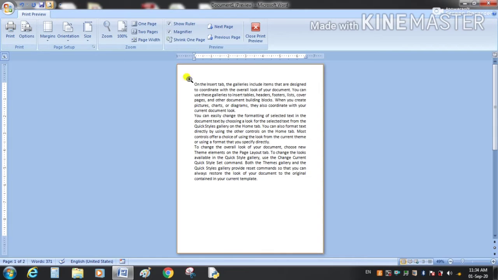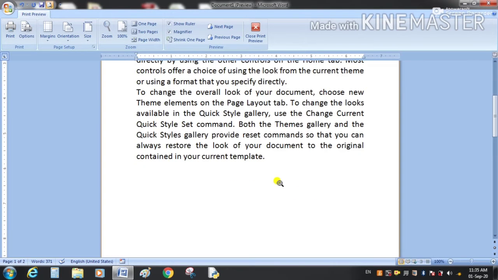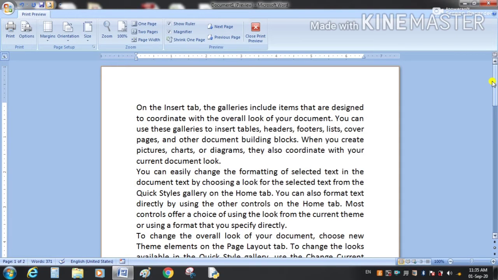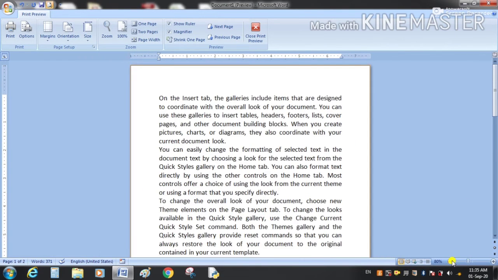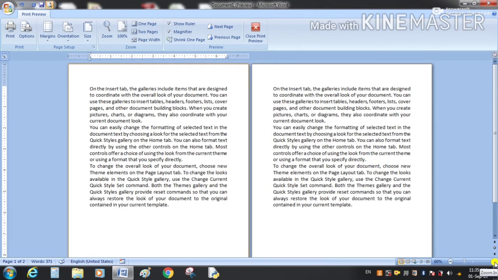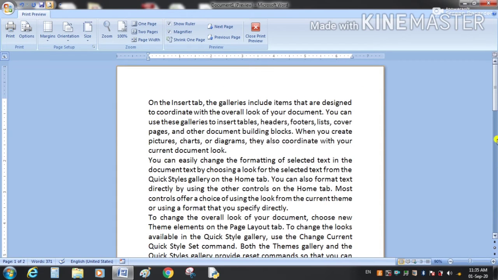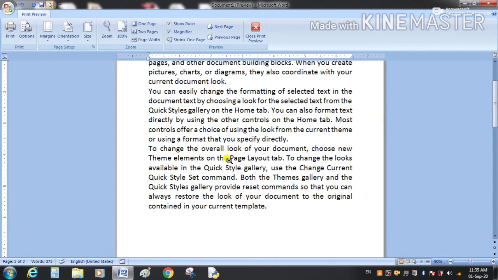So this is actually showing how our printout will be, means how our printed document will look. So this is our print preview.